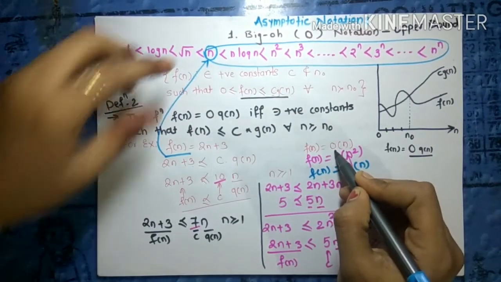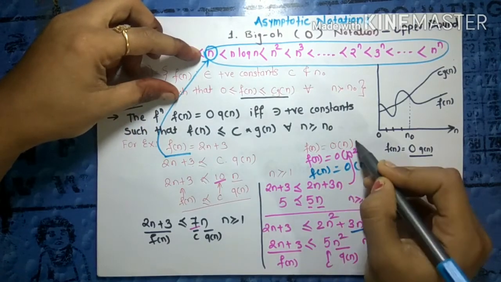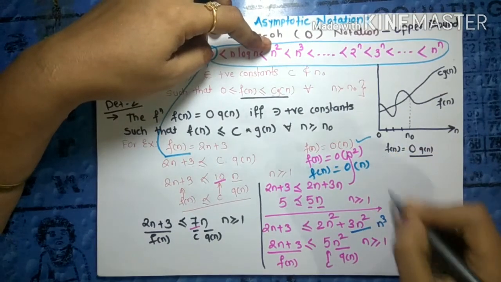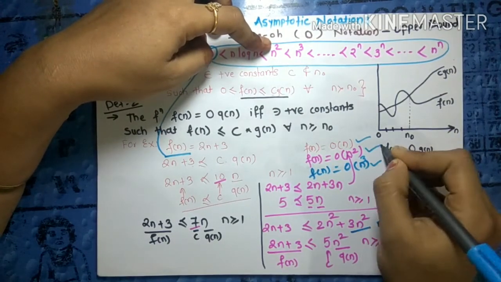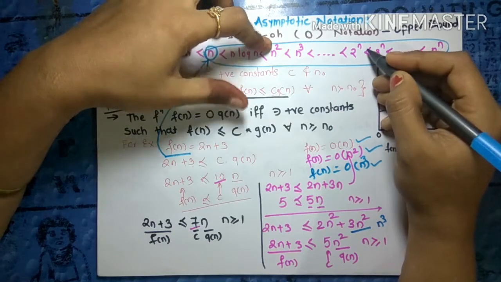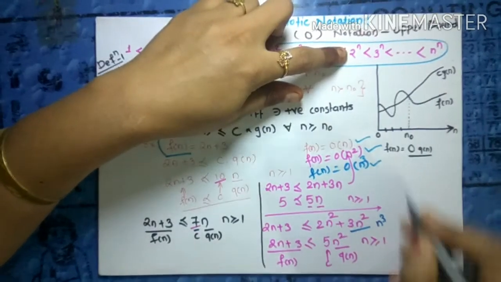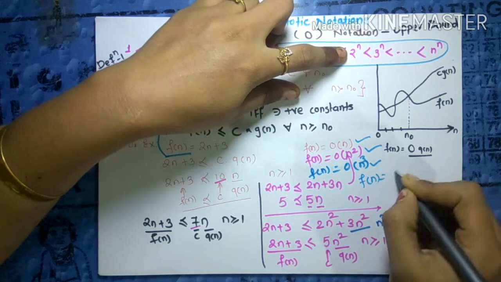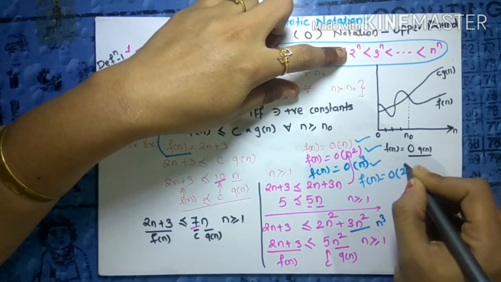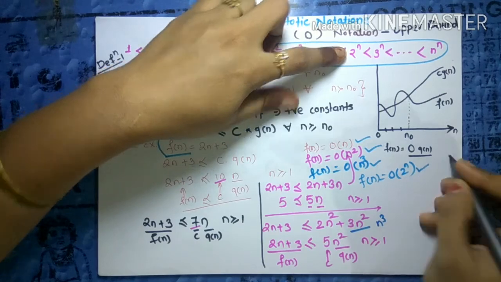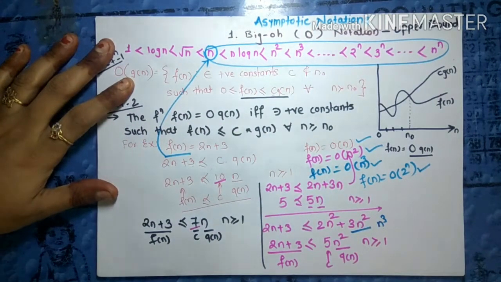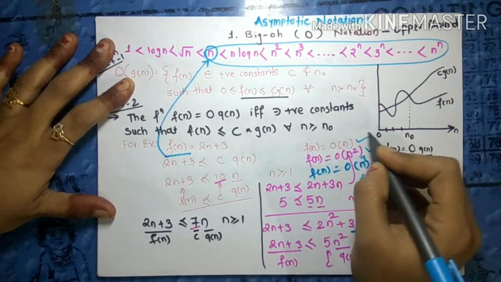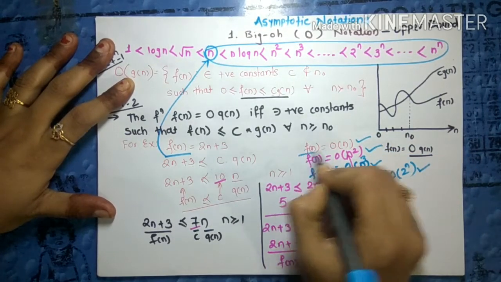You can see here, check it out, big O of f of n is also true, big O of n square is also true, big O of n cube is also true. If you can take the equation in terms of 2 raised to n, so your time function will be big O of 2 raised to the power n, here it will also be true. But what is important here, if all is true, why are we counting this one?